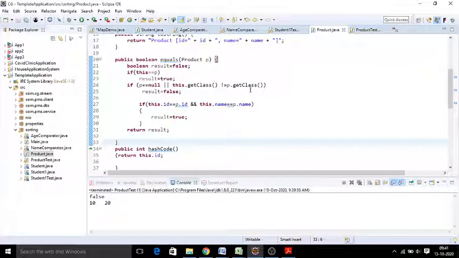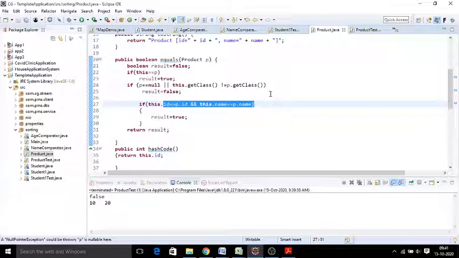By checking its address, by checking the class name, and also by comparing each and every attribute value, we can ensure that the objects are same, right? This is the purpose of equals and hash code method. This is how we override equals and hash code for a given custom object. That's all about this.